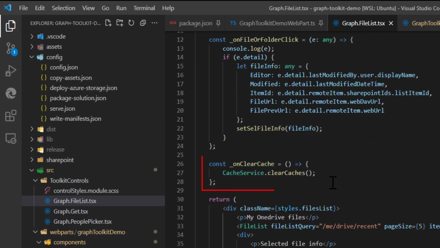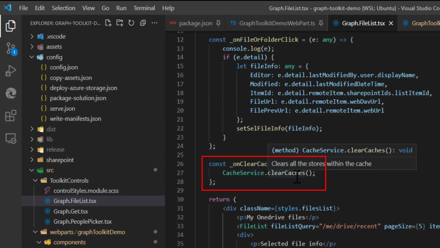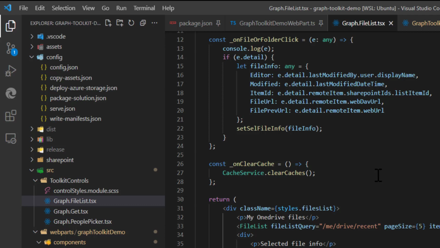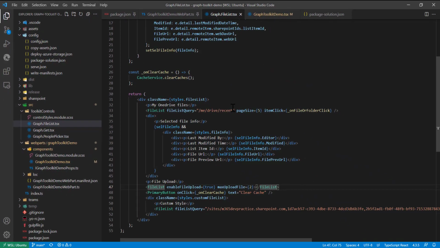And in the clear cache, I am using the cache service to clear the cache. Just one line of code which will clear the cache, and then when you reload it, it will load the latest from the data source. That is, if it is your SharePoint, it will load it from SharePoint, and if it is your OneDrive, it will load it from OneDrive.